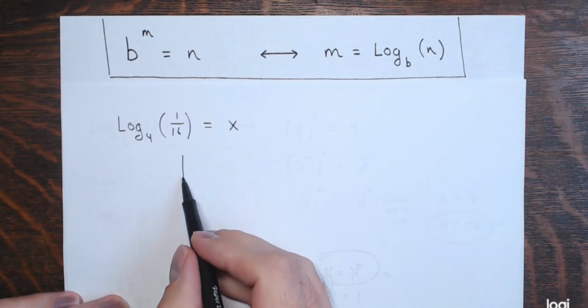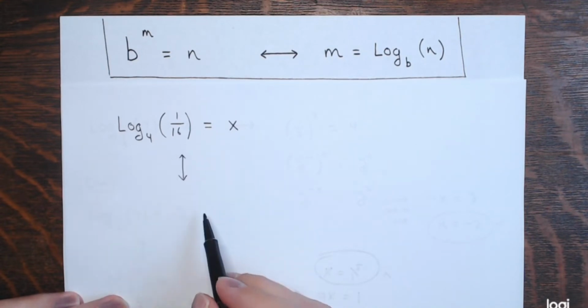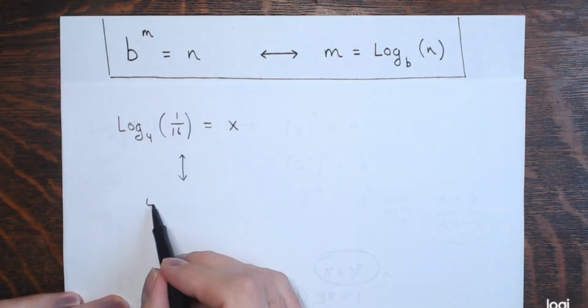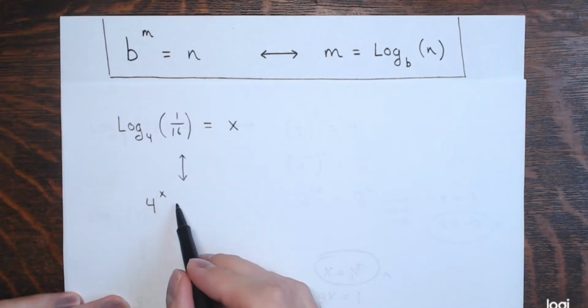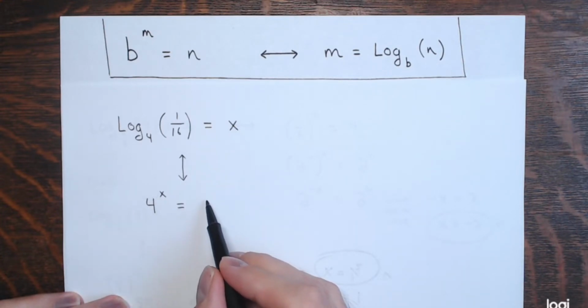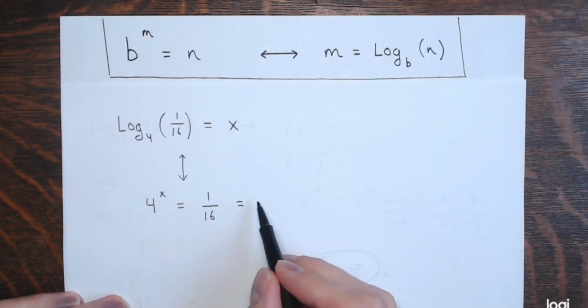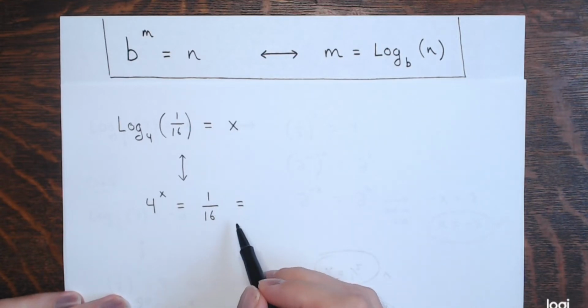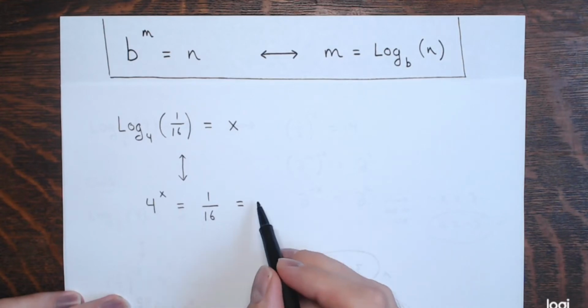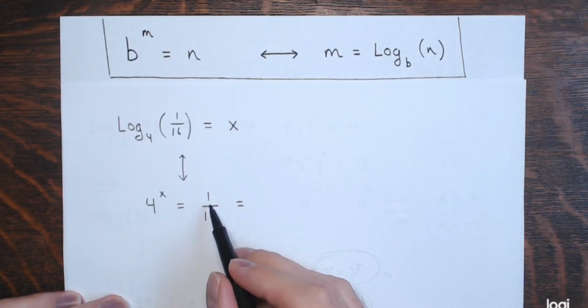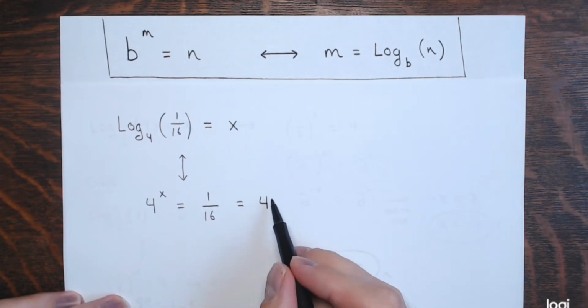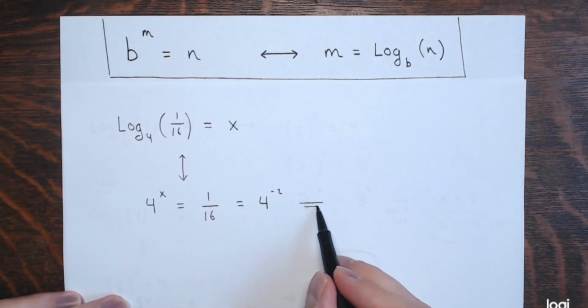And then I change it to the equivalent exponential form, so 4 to the x equals 1/16. Which, this is kind of redundant here, because you should know that 1/16 is 4 to the -2nd,